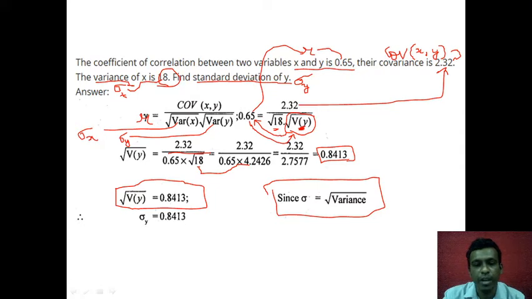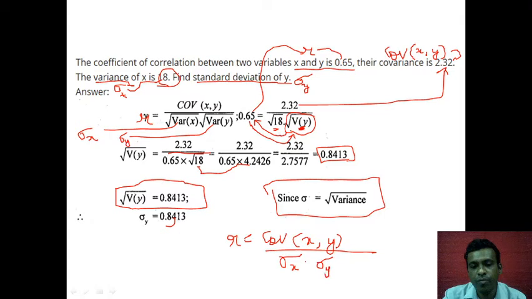To simplify this problem, instead of using this formula, I suggest you use one more formula, that is r equal to the covariance between x and y divided by the standard deviation of x into the standard deviation of y. So just substitute this and you will get the values. So r equal to